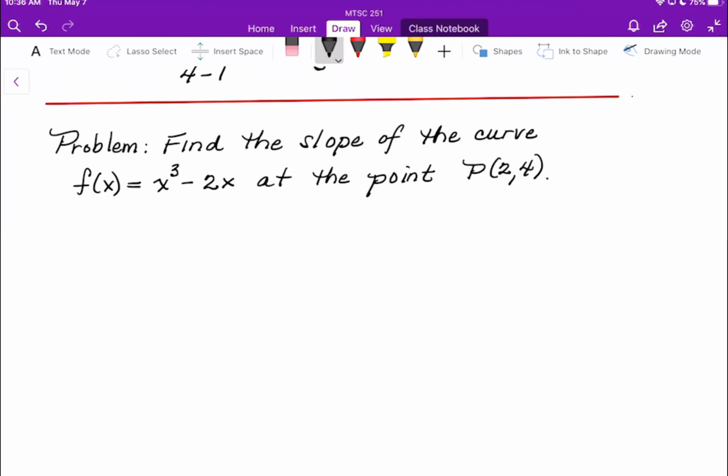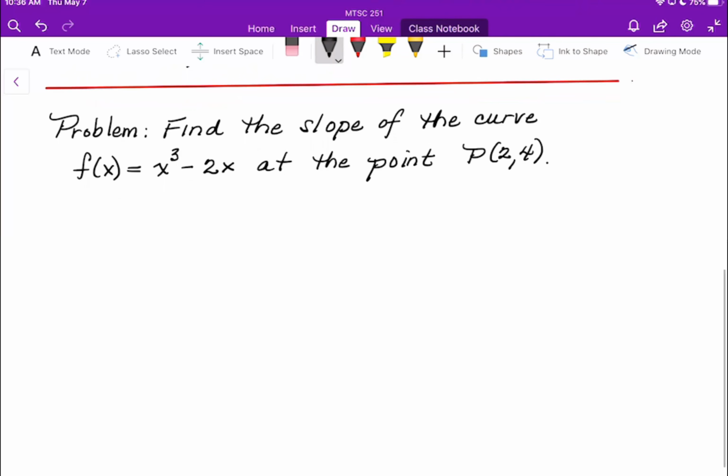So in order to find the slope of the curve at this point, we need to find the secant slope